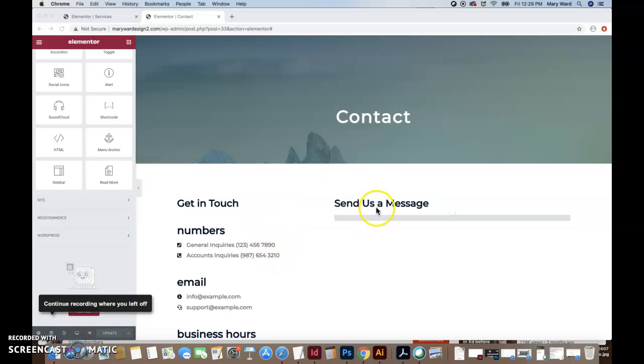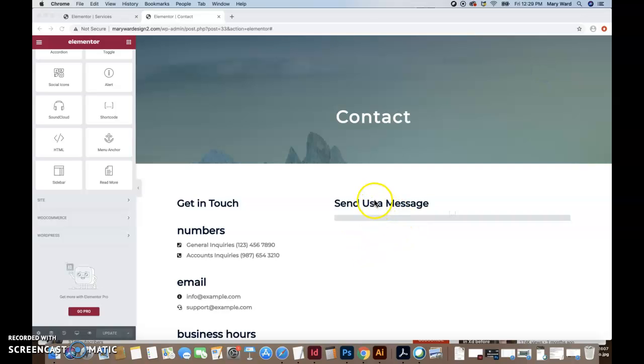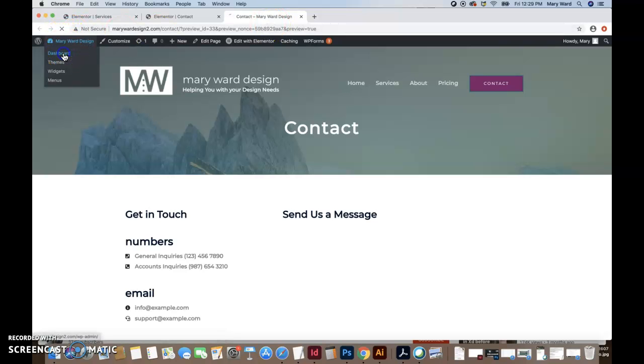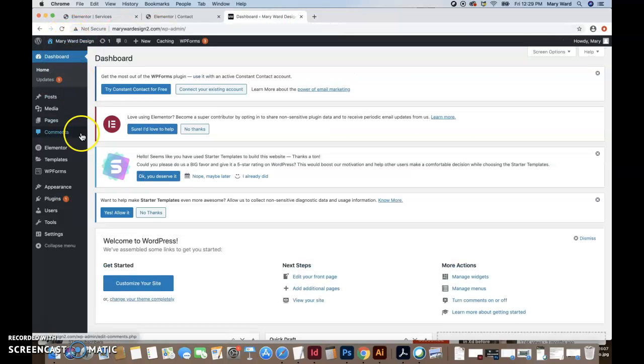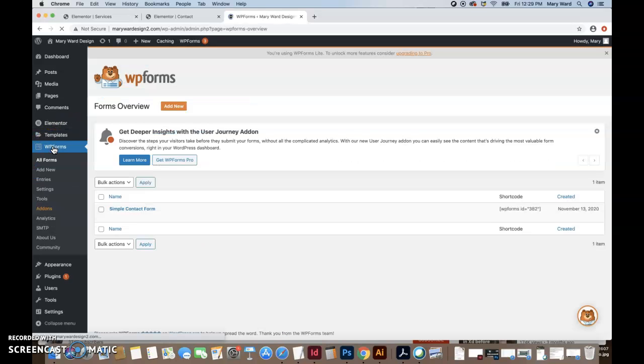I will go into the dashboard area, and that is where you can customize your form a little bit. You can actually do it in Elementor. I like to just go to preview changes and then go to dashboard to get into the dashboard. I do have an update here. That must be for Elementor. But anyway, if we go to WP Forms,